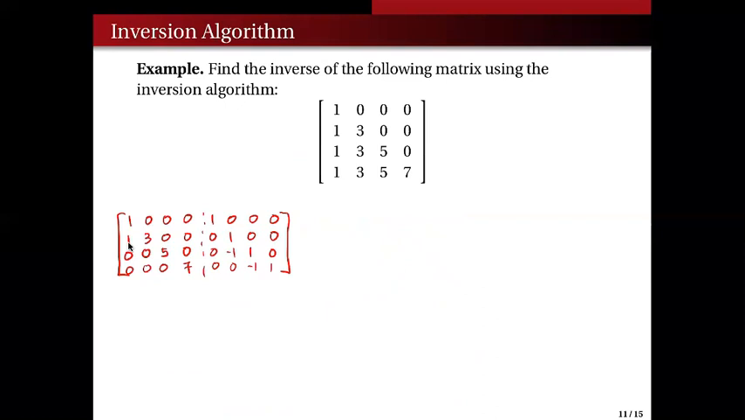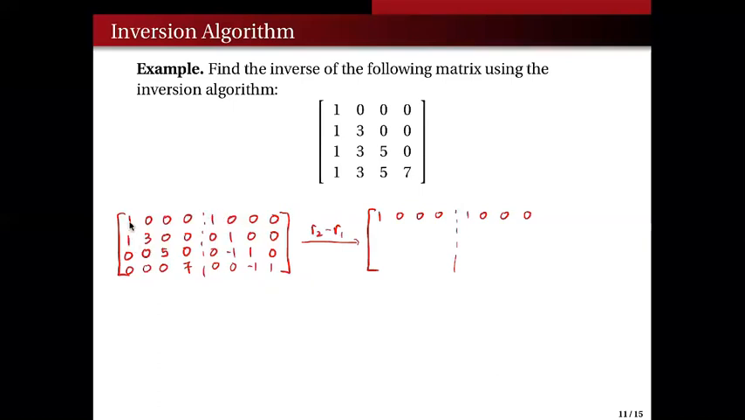Then we can just now subtract row 2 minus row 1. So row 2 minus row 1. And again, I am fixing row 1. So I'll just copy this row here. 1, 0, 0, 0. 1, 0, 0, 0. For row 2, I'll have